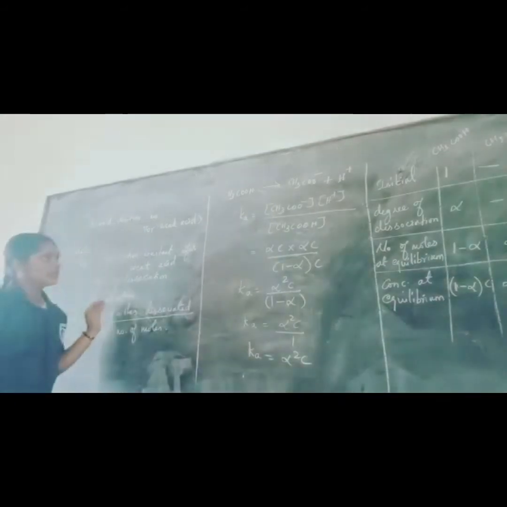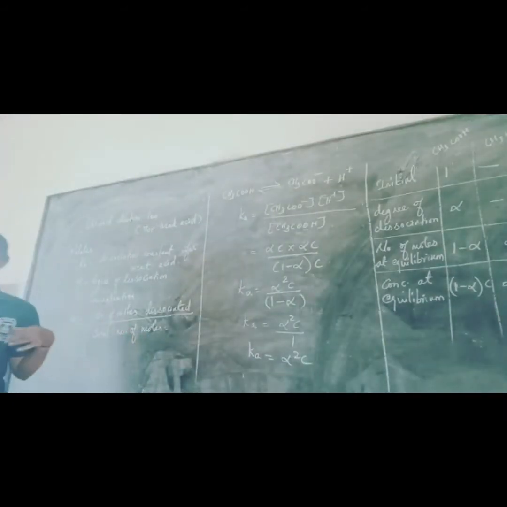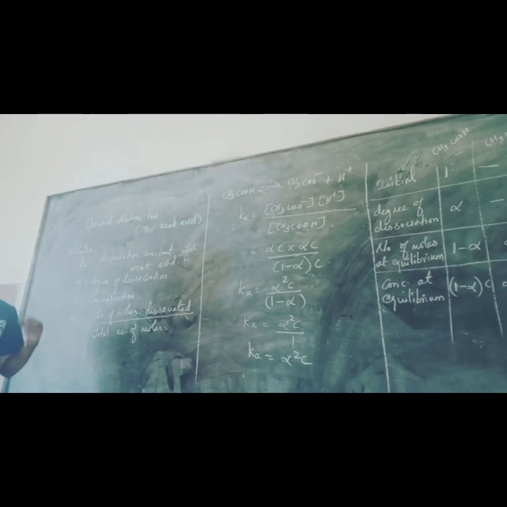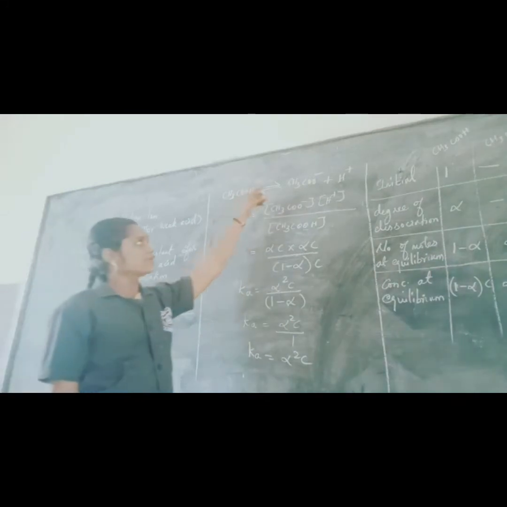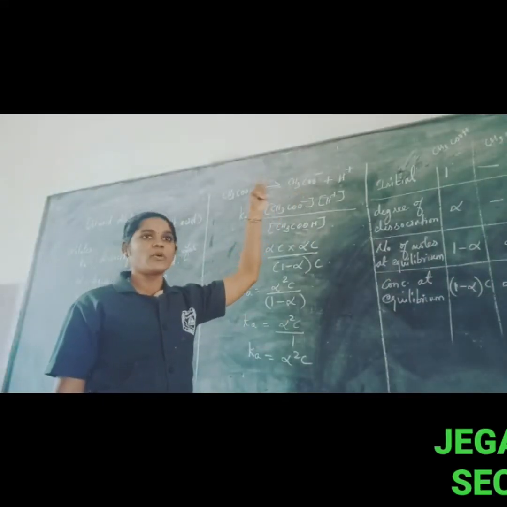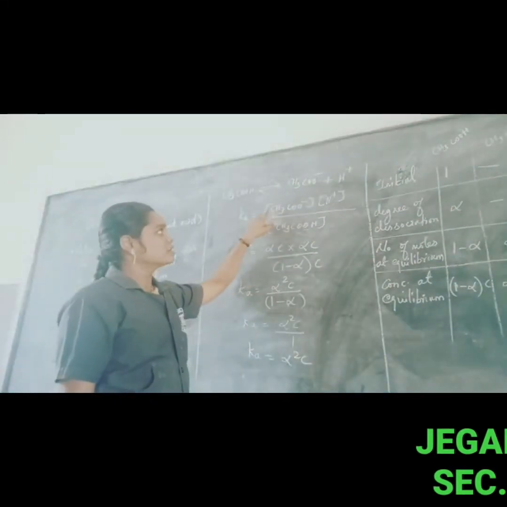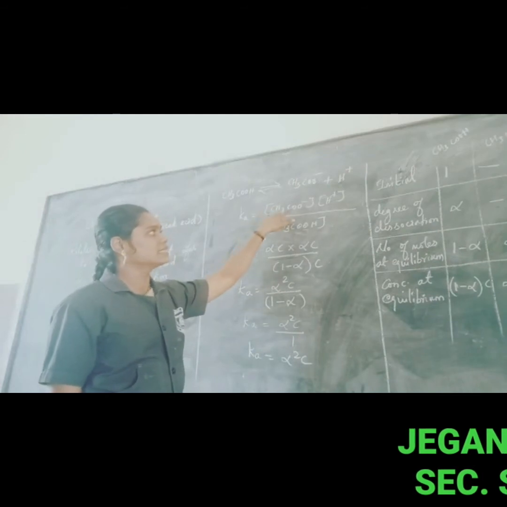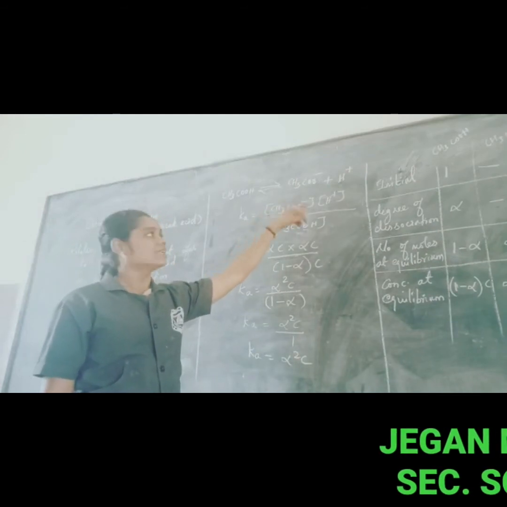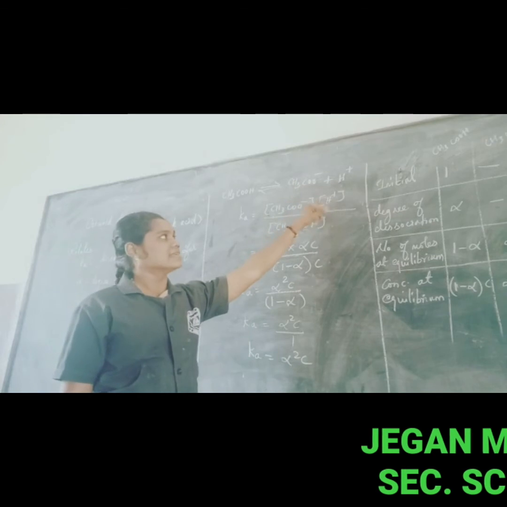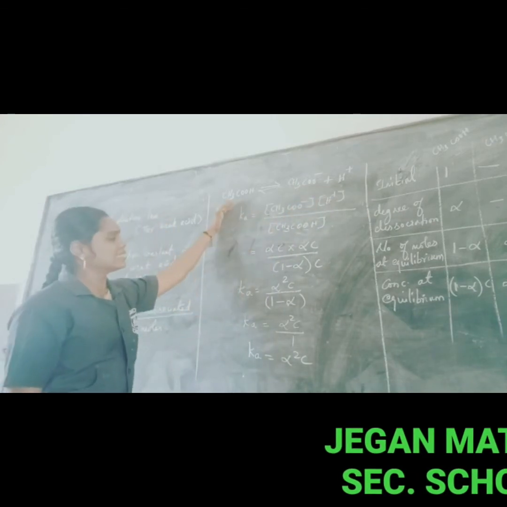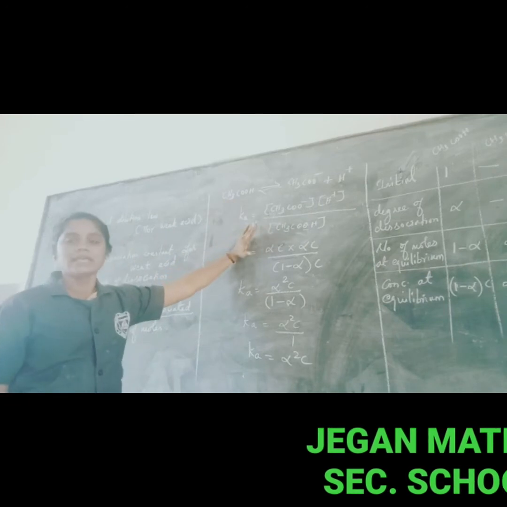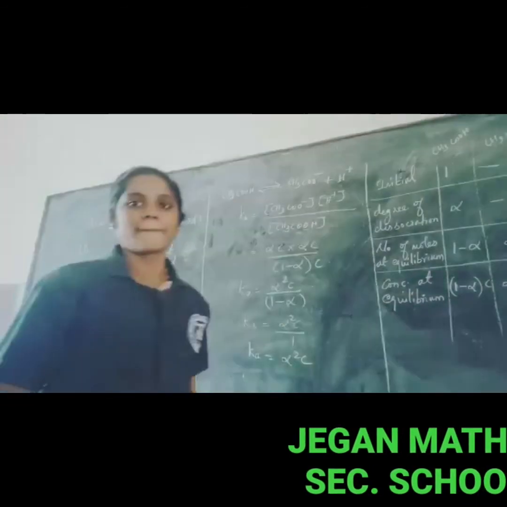First we write the right hand side, after that the left hand side. On the right hand side, products are written in the numerator and reactants in the denominator. The products are CH3COO minus, the acetate, and H plus, the acid. So the concentration of CH3COO minus times the concentration of H plus, divided by the concentration of acetic acid, CH3COOH.